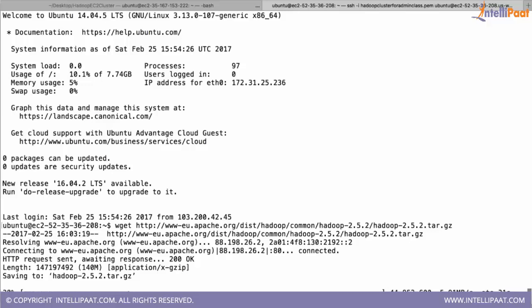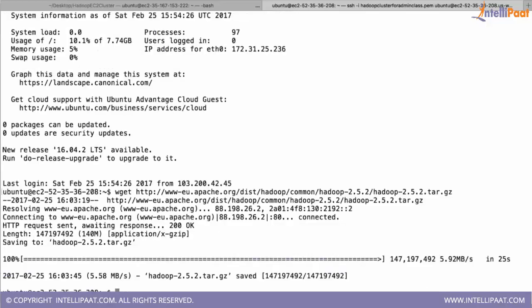So we have to have this Hadoop folder on all the machines. Whatever machines you want to include in the cluster, all these machines should have it. So you are using 4 machines, so we are copying the same information onto 4 machines.